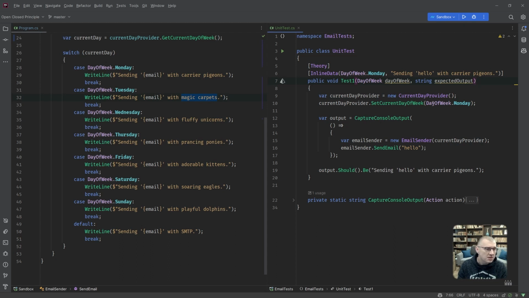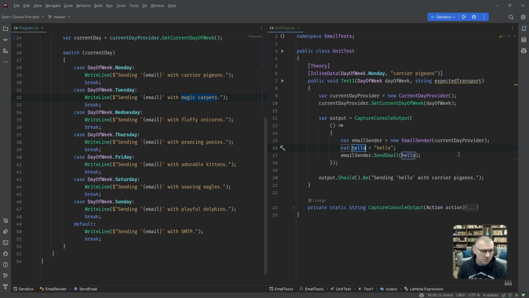Well, duh. And if we put the day of week here, but I'm not going to put the whole thing in here. I'm just going to put this thing, and I'm going to change this to expected transport. Okay, so how are we transporting this email? With carrier pigeons, fine. The hello thingy is going to come from us. And so I put the day of week here. That's done, okay? Let's change this bit over here.